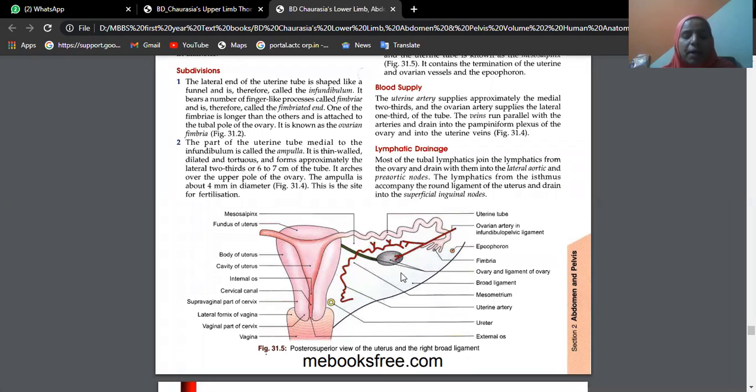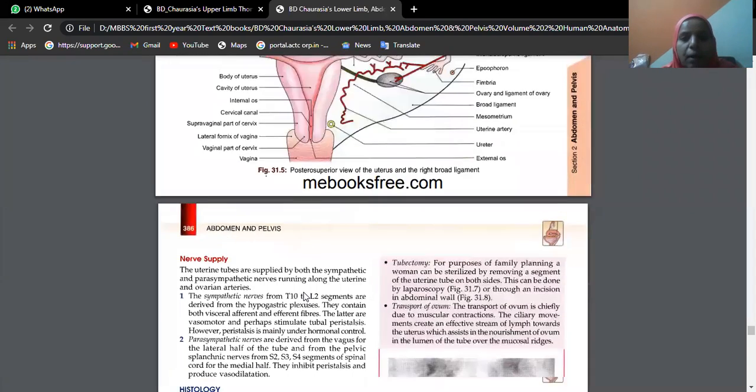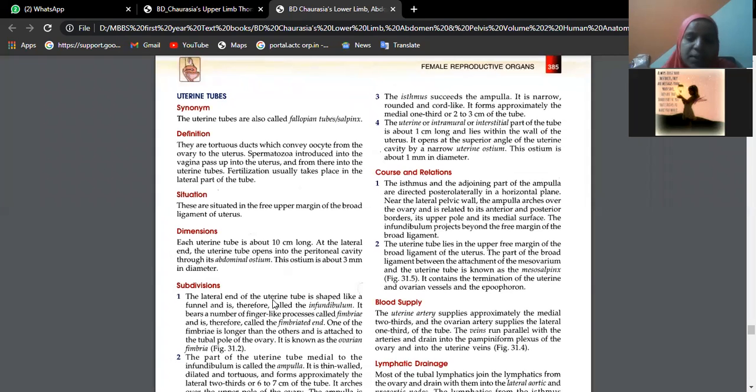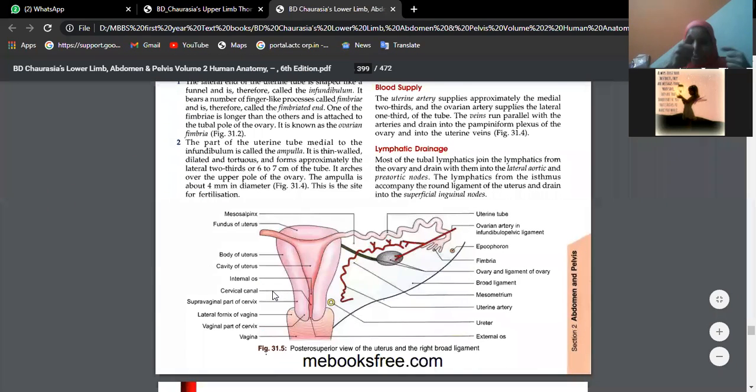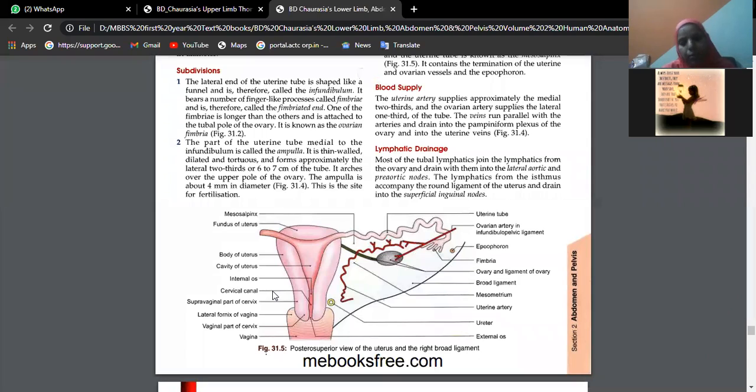It will have a lot of fat and a lot of lymphatics. It will have blood vessels like the uterine artery and vaginal artery. It will have the suspensory ligament or ligament of the ovary. It also has the ureter. So these are the structures present inside the broad ligament of the uterus. Apart from that, what we should know is that these are the false supports. They are not actually giving a true hold to the position of the uterus.